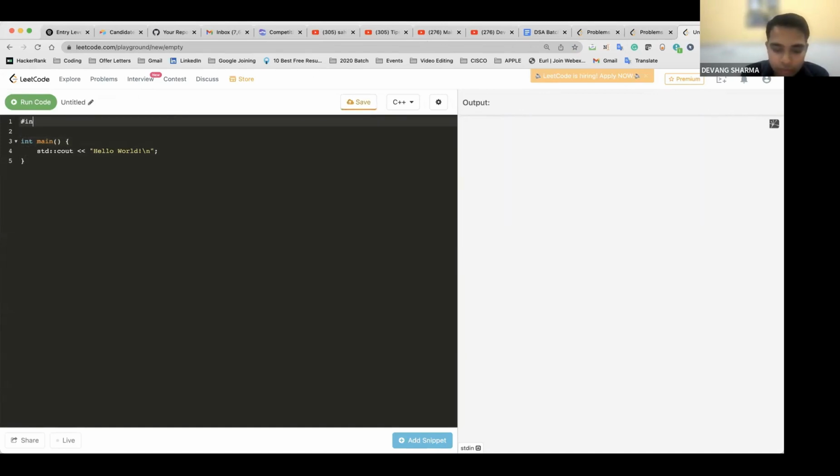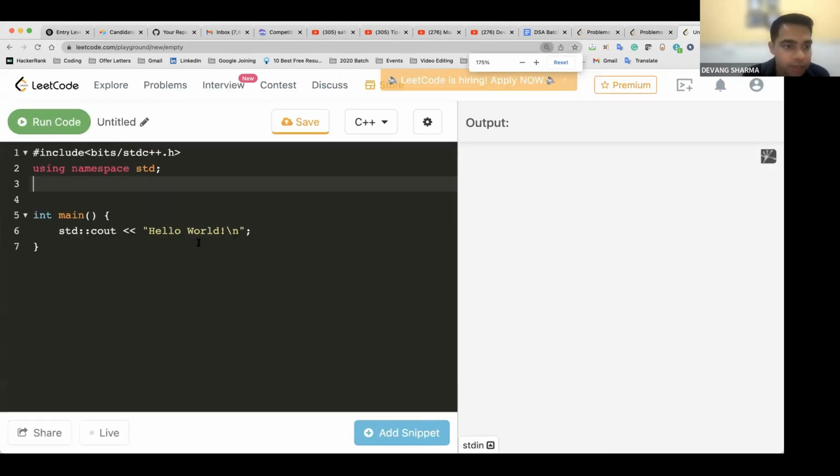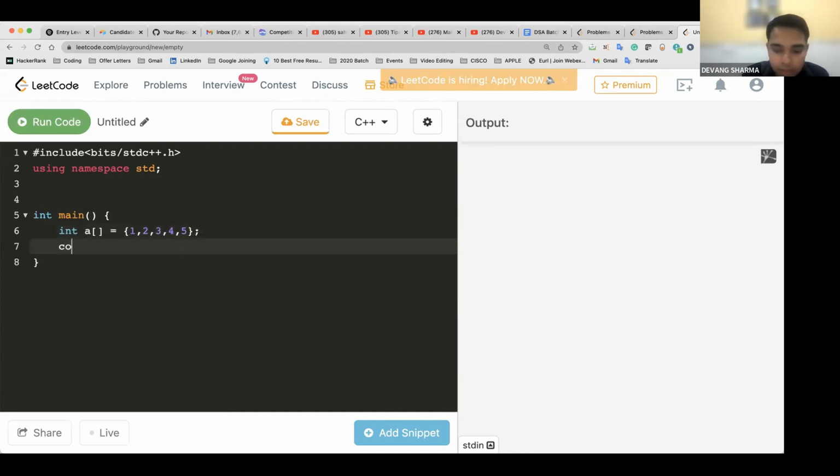Okay, let's quickly code something just to show you. #include <bits/stdc++.h>, and I'm not going to use this, I'm just going to use namespace std. Let me just increase the size so you guys can see as well. All I'm doing is creating an integer array, giving some values 1, 2, 3, 4, 5, and just printing cout a of 10. Any random value you want to print. Now, if I run this code,